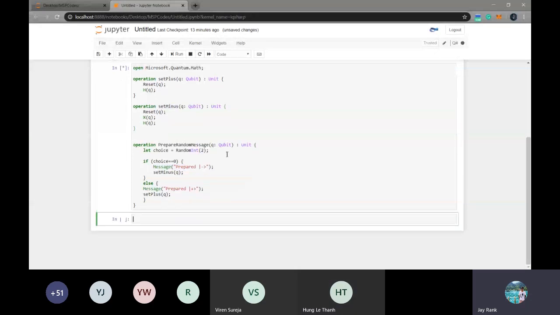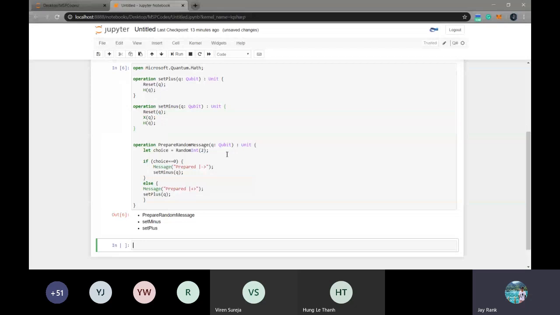Okay, so let's just run it. Yeah, so all three of my operations have successfully been rendered. Now what I have to do is again create a function to pass any random qubit to this entire prepare random message operation, right? So for that, let's write. First of all, I'll be needing diagnostic files,